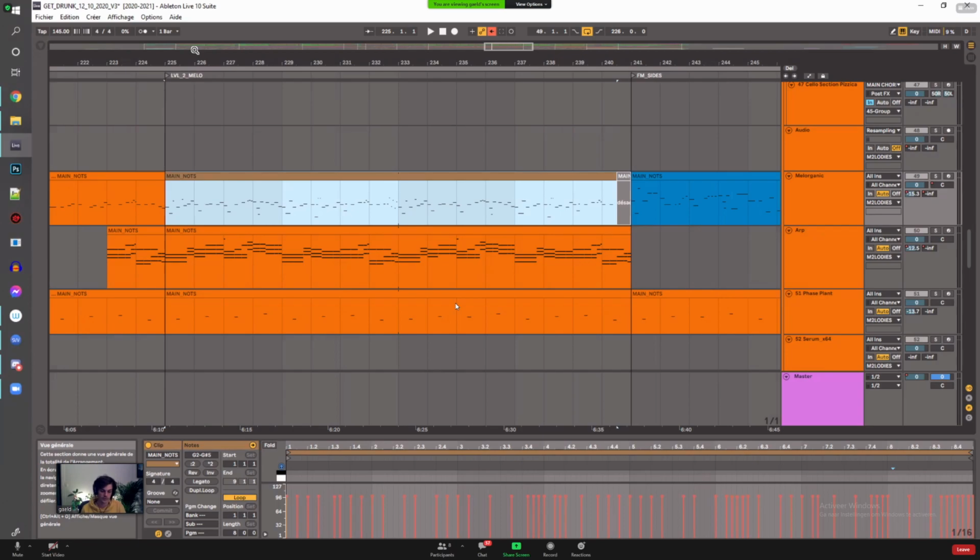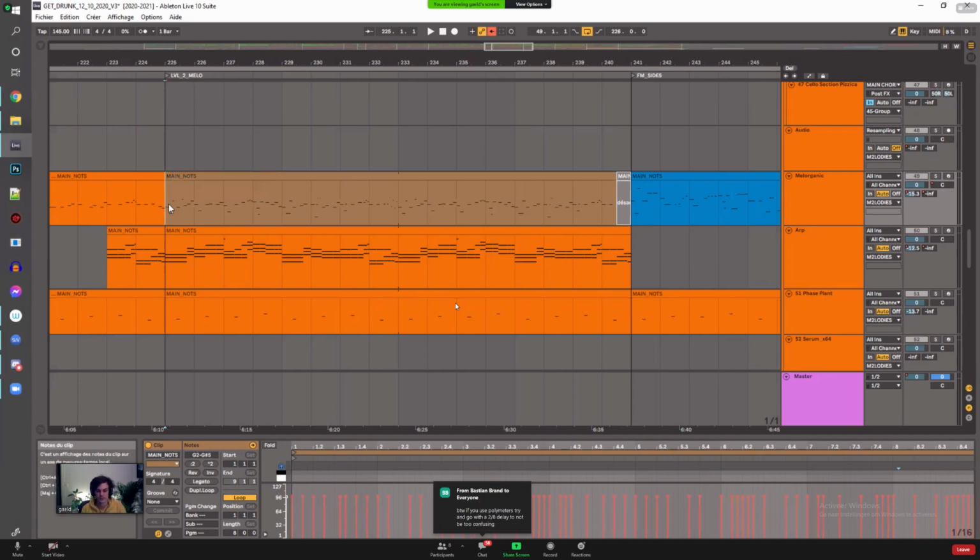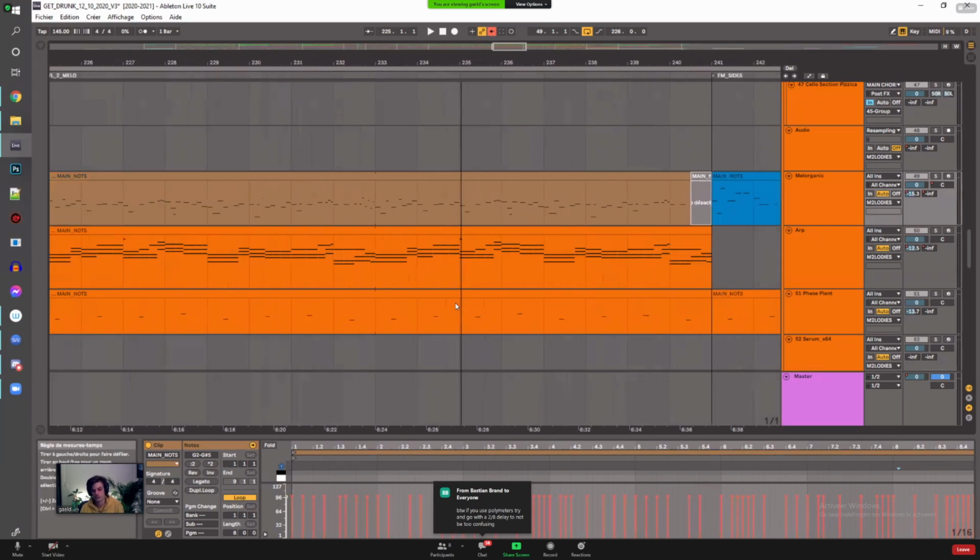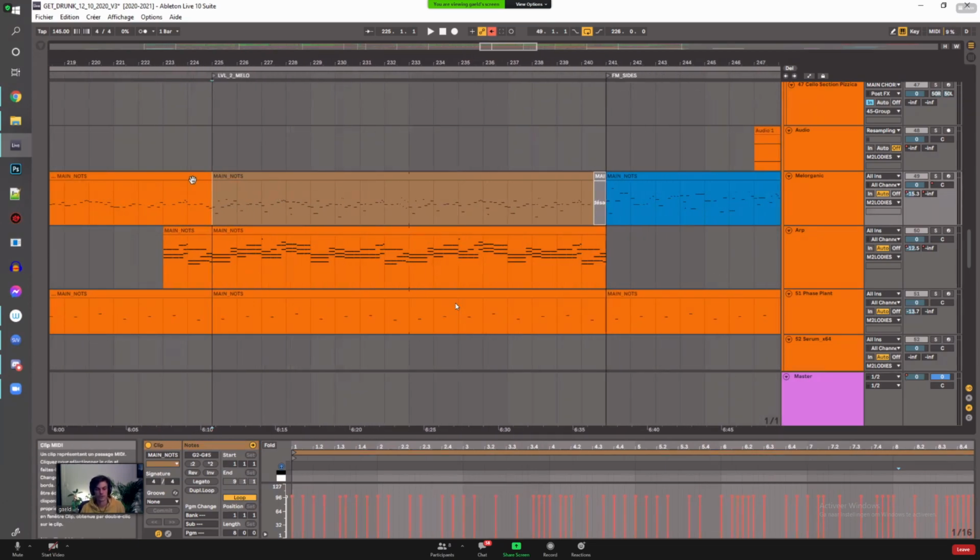If you play two different instruments at the same note, they will have the same frequency content basically, and it will make a lot of work of EQs and compression and stuff.